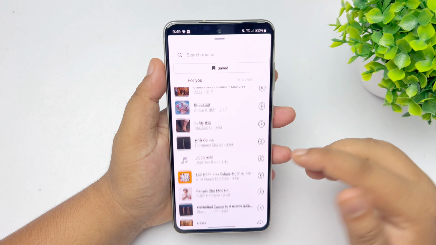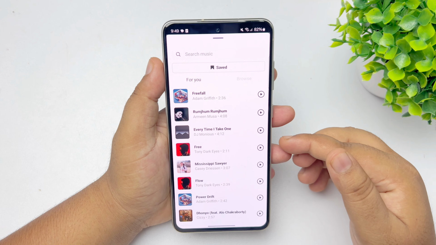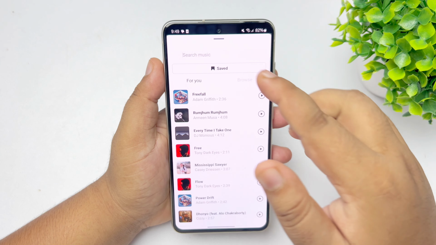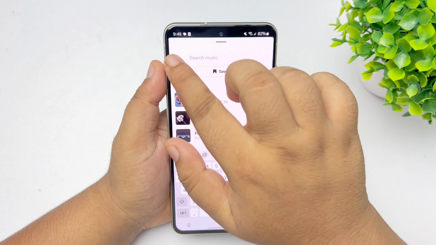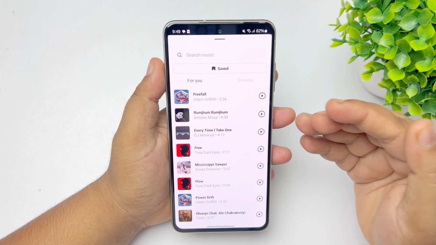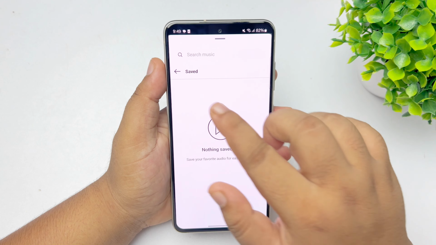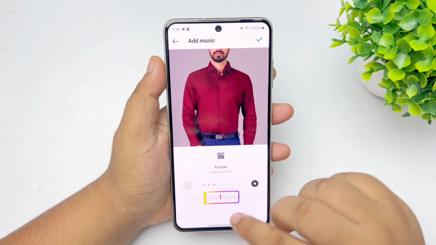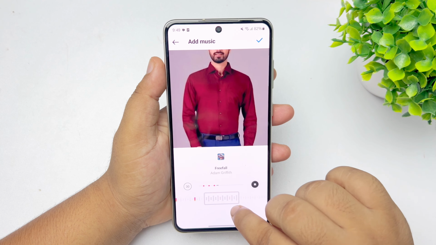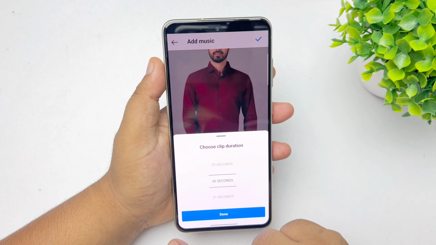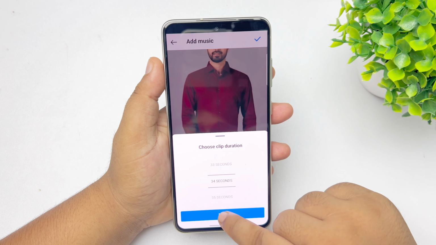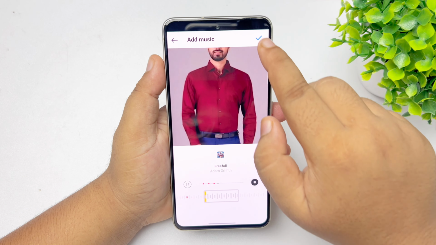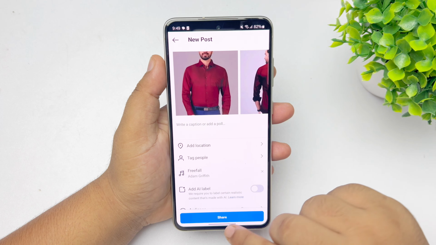You can add any of them from here, or you can search for a specific music using this search music box. Also, you can add music from your saved list by tapping on saved. Let's add this music for example, and now you can crop the music from here. You can change the post or music length from here, and finally tap on done and tap on share,